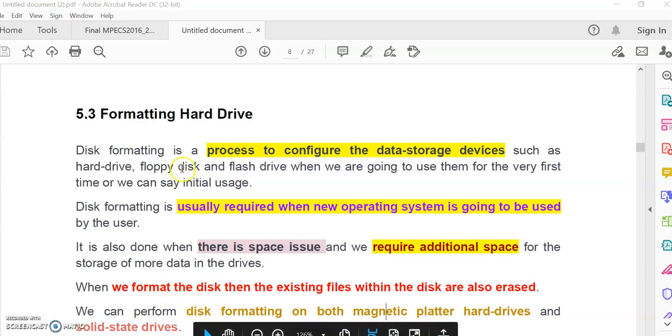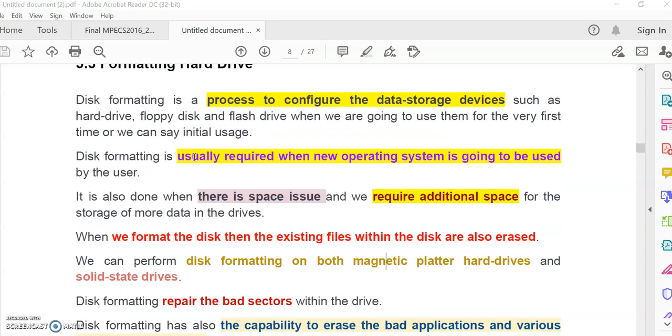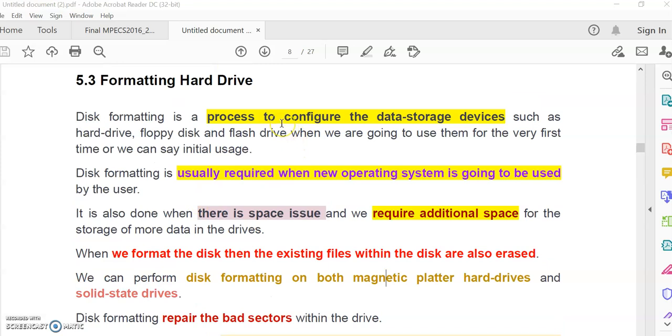According to that, hard drive formatting consists of three steps: one is low level formatting, second is partitioning, and third is high level formatting. It is used to configure the data storage so that one drive will have logical partitions. You might have seen in your Windows 10 it has C drive, D drive, E drive.